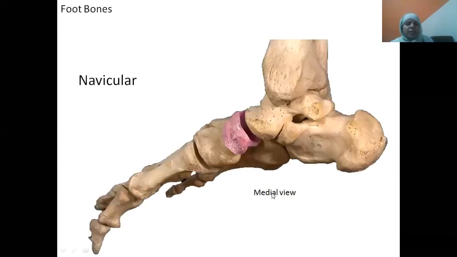Okay. These are again some different pictures. We have a boat-shaped bone. What is this boat-shaped bone? I told you, navicular. Roughly speaking, anteriorly the navicular is articulating with which bone, beta? Medial cuneiform. Posteriorly it is articulating with which bone? Head of the talus. This is talus. This is calcaneum. This is the point what I told you. Tendocalcaneus or Achilles tendon, and this is the bursa. This area. Okay.